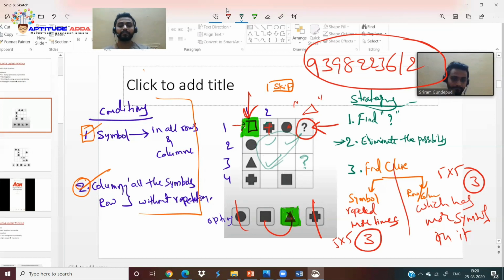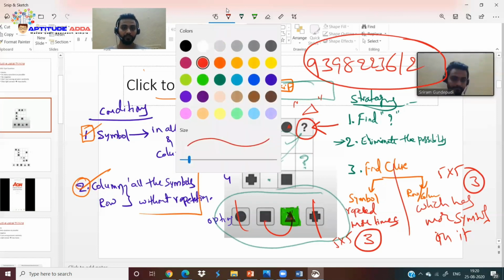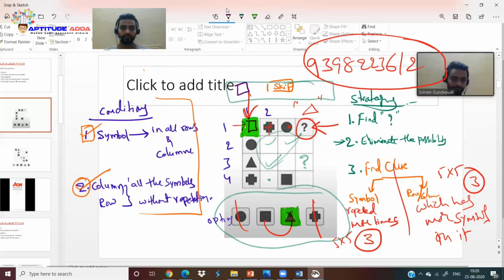You need not remember, guys. If you want to fill a particular empty field, you just click on the empty field. All these four options which you can see at the bottom will appear at the top. The four symbols like square, plus, dot and triangle will appear. I'm giving you an example: if you want to fill a dot here, you click your mouse cursor here and click on the dot. The dot will be placed here. No worries. If you want to change it, you can change it anytime.